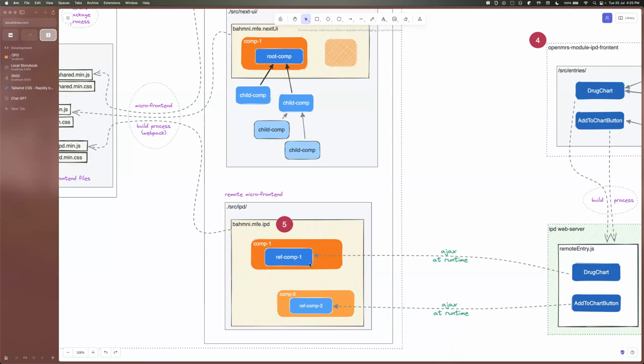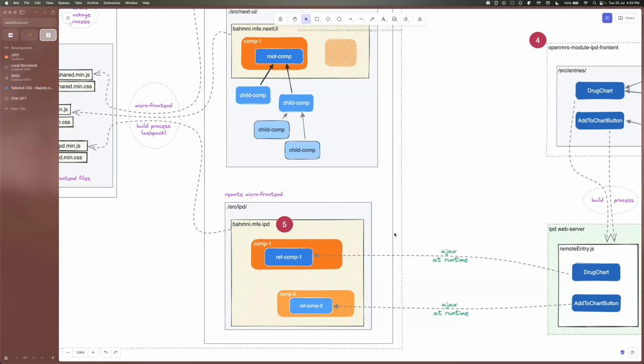That ref component is also wrapped in that same bridge code, Angular React bridge code. And then at runtime, when this is loaded, it makes a load call for the assets and the component to be served. So you always get at runtime the latest components which are actually hosted completely independently,